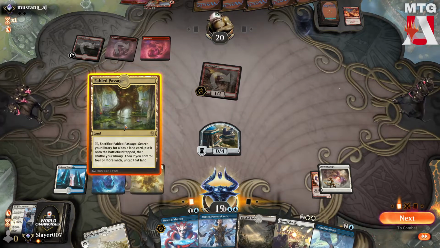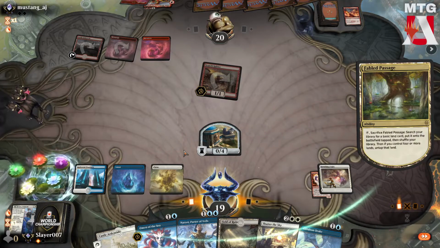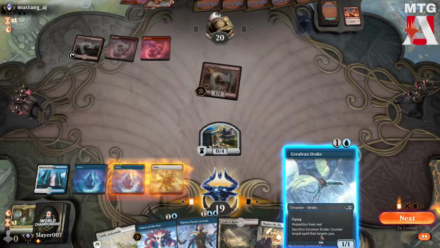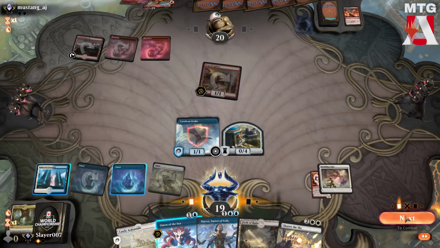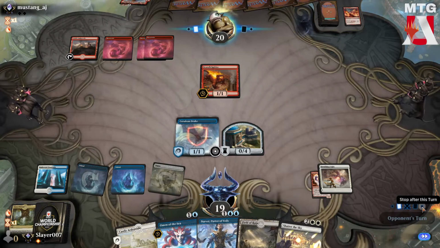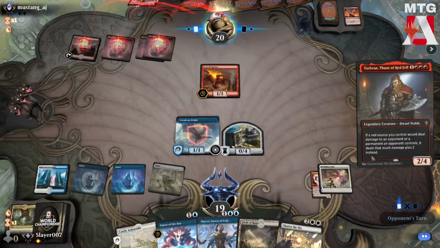We get to Fable Passage and find an island. Alright, we get to Cerulean Drake. And then we'll play Omen of the Sea later on. Alright, here comes the 4th land. I think they have to play Annex. I think they don't want to lose that Annex, but...